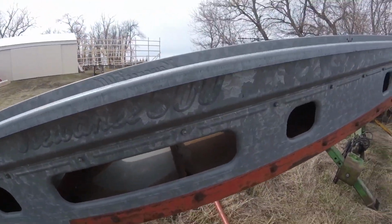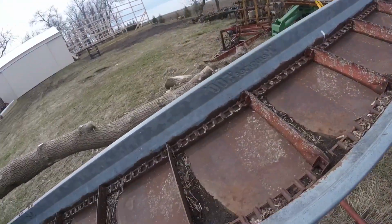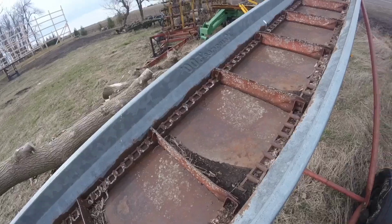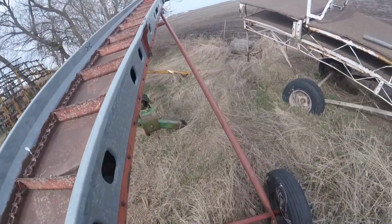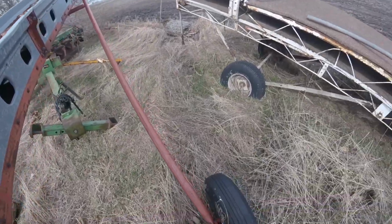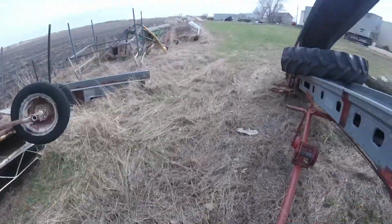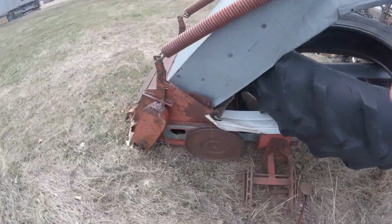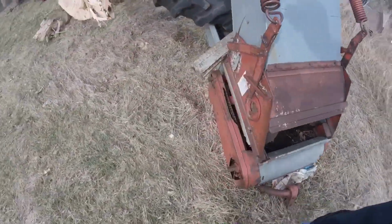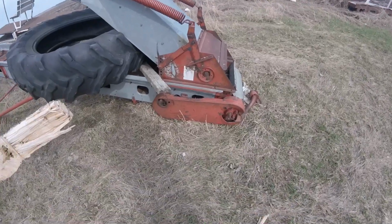On to the next piece of machinery. The Kiowani 500. It's a grain elevator. It's been in the family since brand new, so it's been around for a while. I mean, it's sat in the grove most of its life. We just drug it out this year. Needs new tires probably. It's been sitting so long. You can run it with an engine on it, or on the other side, run it off PTO. We got the PTO shaft for it, and then